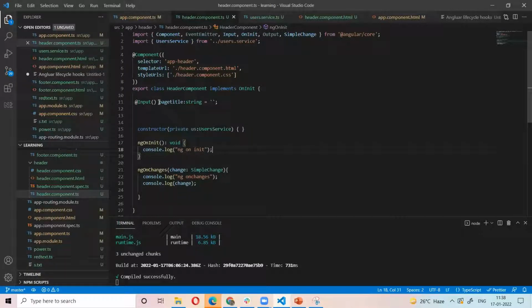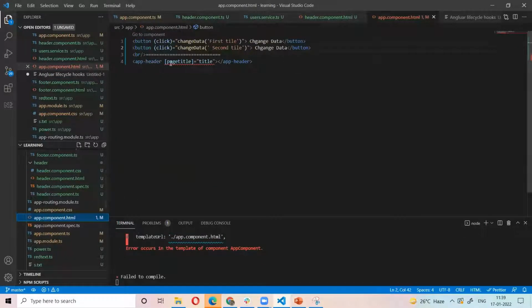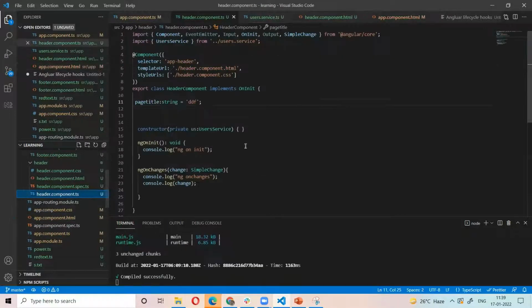For example, let's see. Now this data is not coming from the outside. Let's remove this one also. Now this header component is a single component.